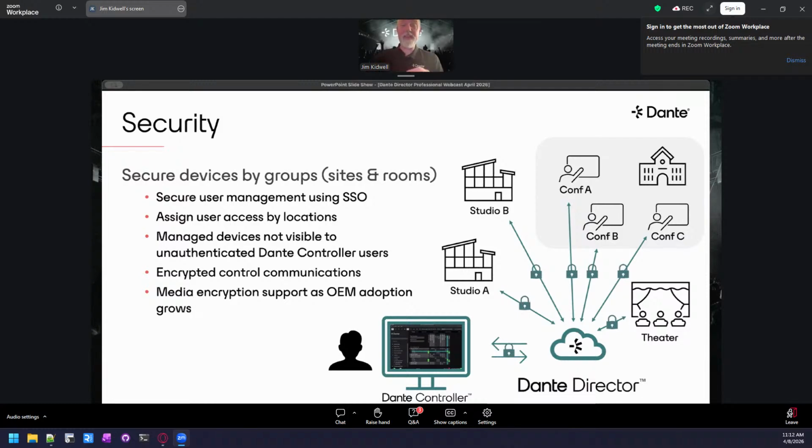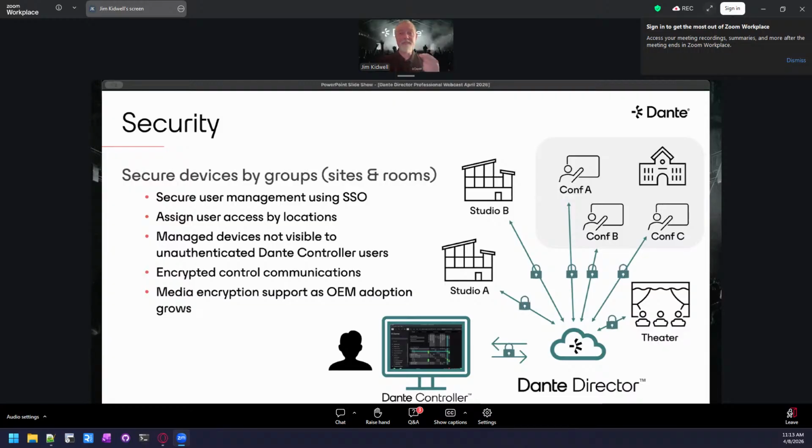that you would be able to have over the people having the right level of access. Additionally, we have been working on Dante Media Encryption, and media encryption is basically an encrypted signal from device to device. This is slowly rolling out right now. We have, I think, probably around 300 devices out there that support this right now because they contain the updated firmware. When those devices are enrolled in Dante Director, you can establish secure AES 256 encrypted signals from device to device. This is audio only at this point, and this is dependent upon the firmware being updated.